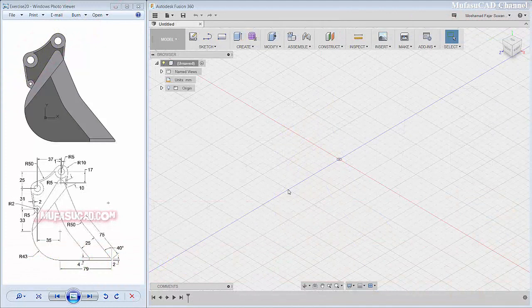Hello guys, welcome back to Mufasuket with Fusion 360 2D Modeling Practice Exercise number 9, how to make a bucket